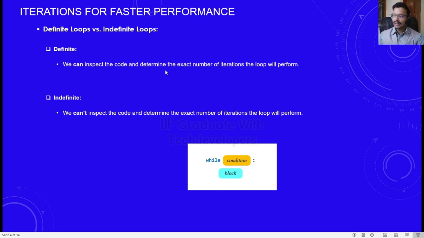Suppose we have a program, and we can inspect the code and determine the exact number of iterations the loop will perform. Such types of loops are known as definite loops. If we cannot inspect the code and determine the exact number of iterations the loop will perform, such types of loops are known as indefinite loops. For example, here